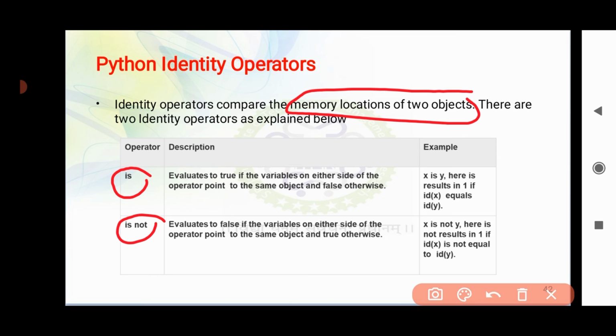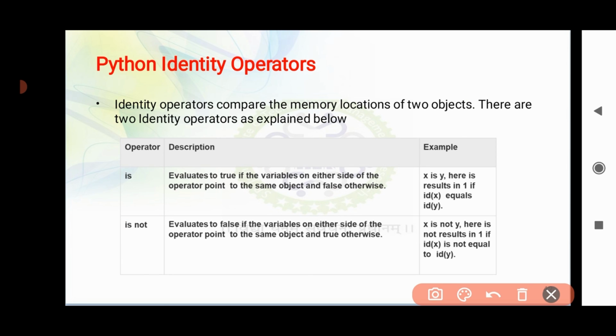For example, X is not Y. Here, is not results in 1 if the identity of X is not equal to the identity of Y. So identity operators are used to identify whether the memory locations of two objects are equal or not. If equal, it results in true, but if not equal, it results in false, that is 0.